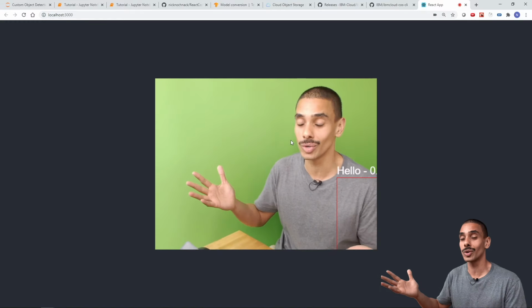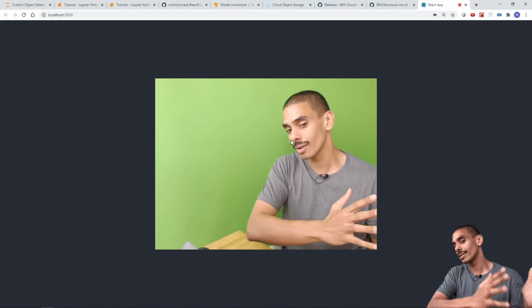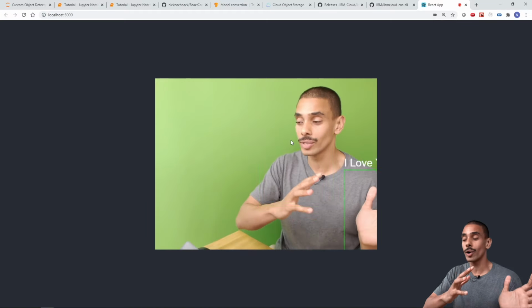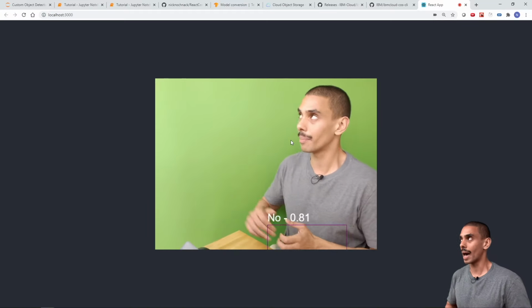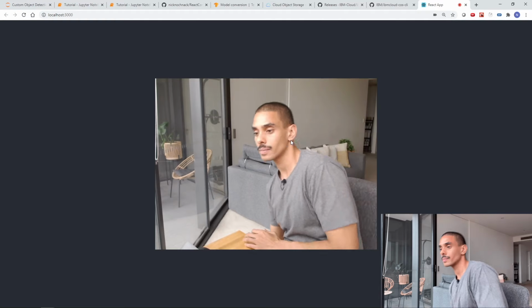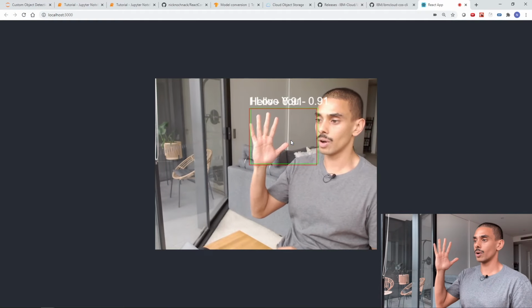So we've now successfully gone and built our real-time object detection app. This is quite huge, right? We've taken a Python model, we've converted it, we've hosted it, and we've now built a real-time app with it. So if we take down the green screen and test it out a little bit more,